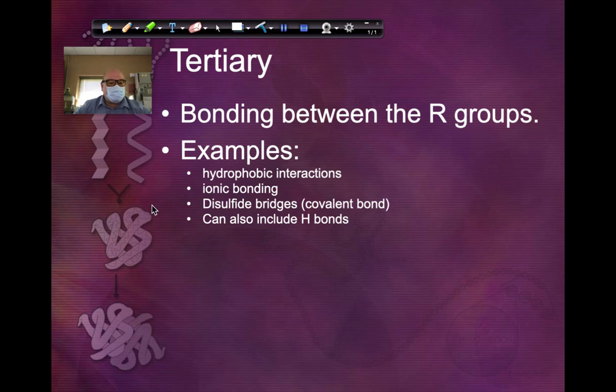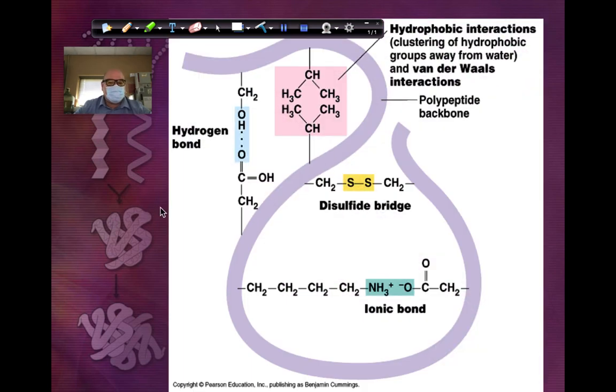Sulfurs make these covalent bonds that kind of fold back the protein and connect it together really strong. So I'm never going to ask you what these bonds are or to identify these,